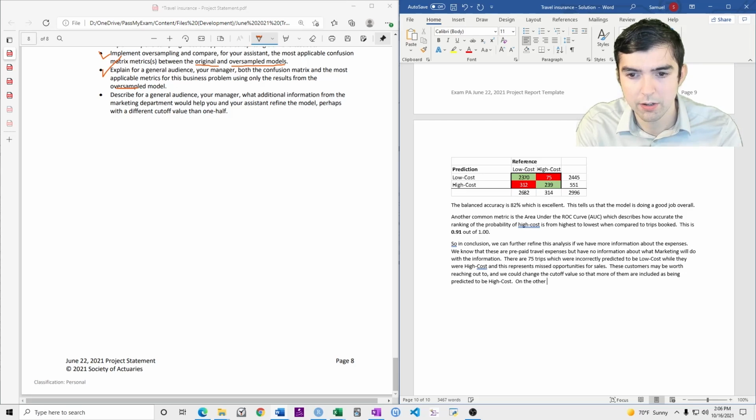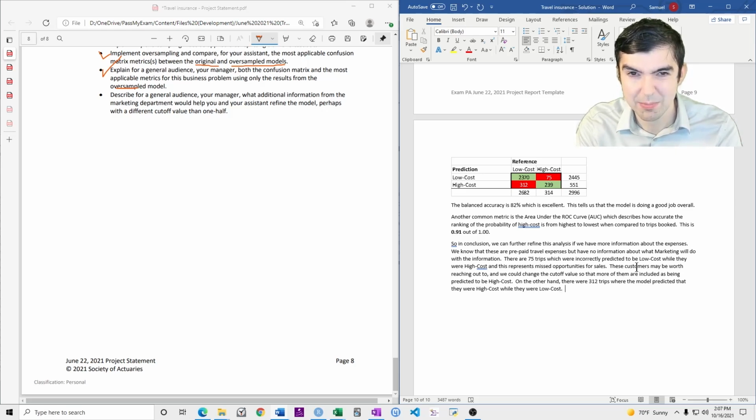On the other hand, there were 312 trips where the model predicted that they were high cost while they were low cost.